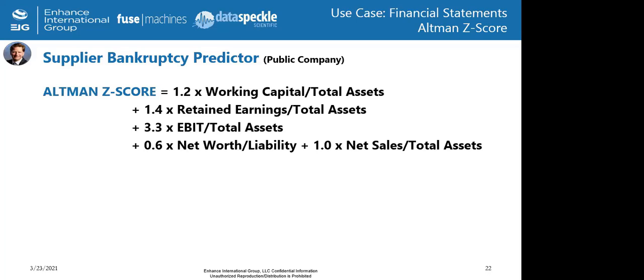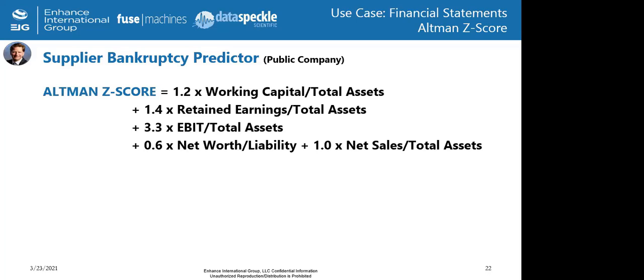So the Z score there is one for manufacturing. There are other constants in front of these different parameters for private companies, and be wary about using this for a finance company or a company where the balance sheet may not be as straightforward to show this, but it's really built for somebody who's